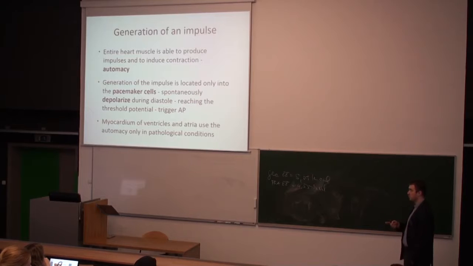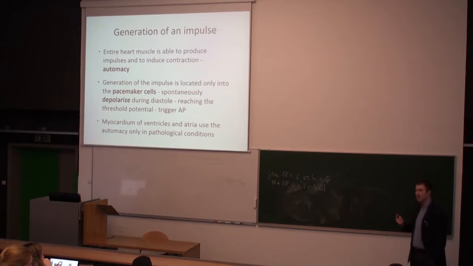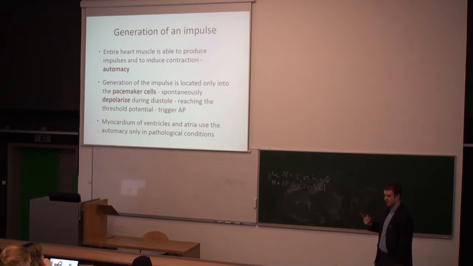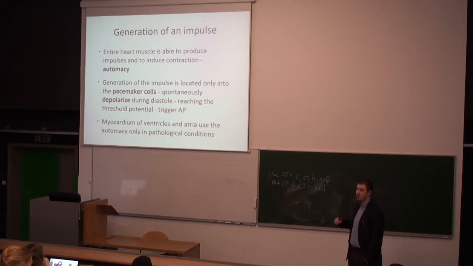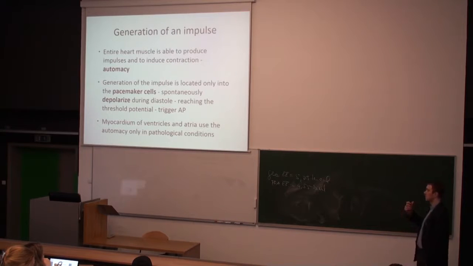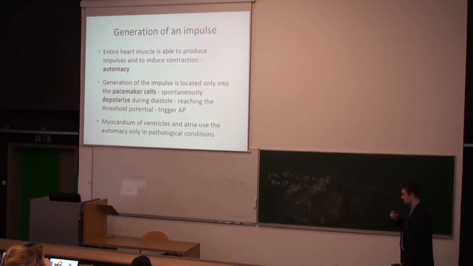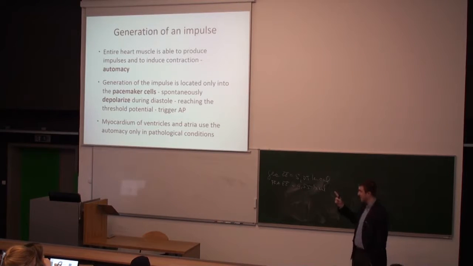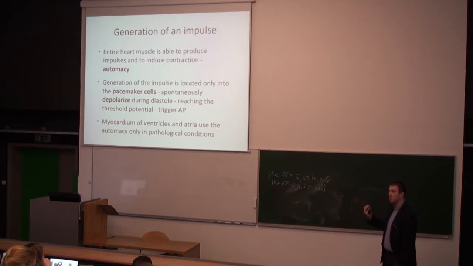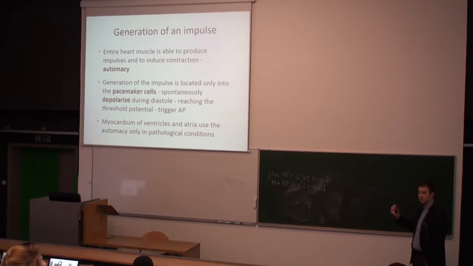What's important for you is that we can say that almost all our cells in heart can generate a signal. Only these cells are the quicker. But if you have some pathological conditions, that can be, for example, myocardial infarction or some ion disbalances, you can see that there will be some new ectopic places where you will generate a signal. Yes? And they can be the starting point for developing arrhythmias.